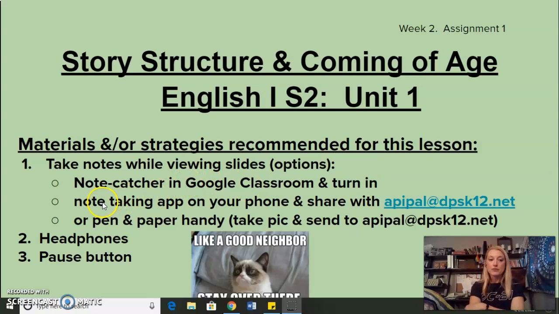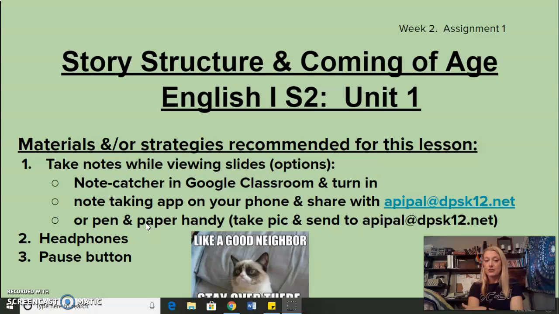Next, another option for taking notes is if you have an app on your phone. I know I have a notepad that I use. I do want to give you some caution. Make sure you're using those guided questions on the Google Doc. So open up your app, take a look at the doc as well. Same if you choose to do pen and paper. You do not need to print the Google Doc. You can just grab a piece of notebook paper or scratch paper,